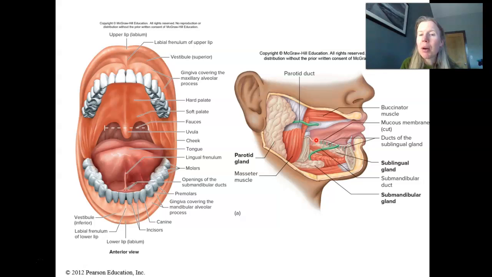This one has a bunch of little ducts that come out along where your tongue is attached to the bottom of your mouth, called the lingual frenulum. All along that frenulum, there are little openings for the sublingual gland. I should say the parotid gland makes like 25% of your saliva. The sublingual gland here is only like 5%, so a pretty small